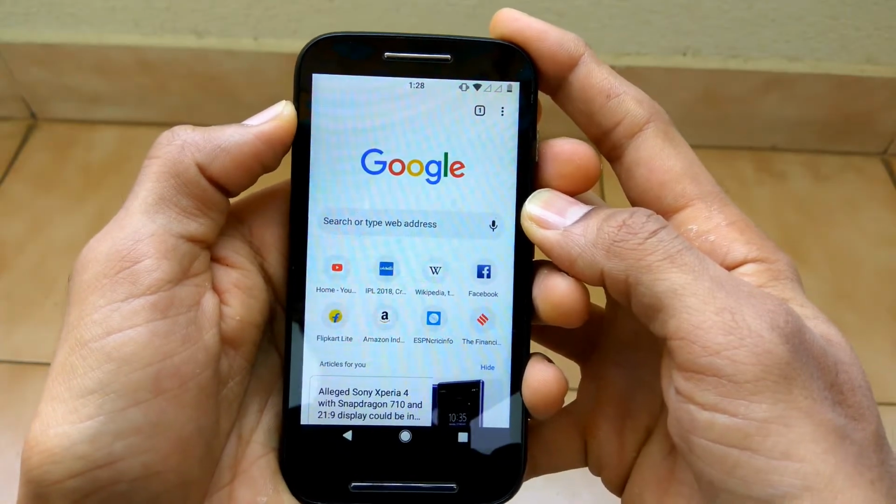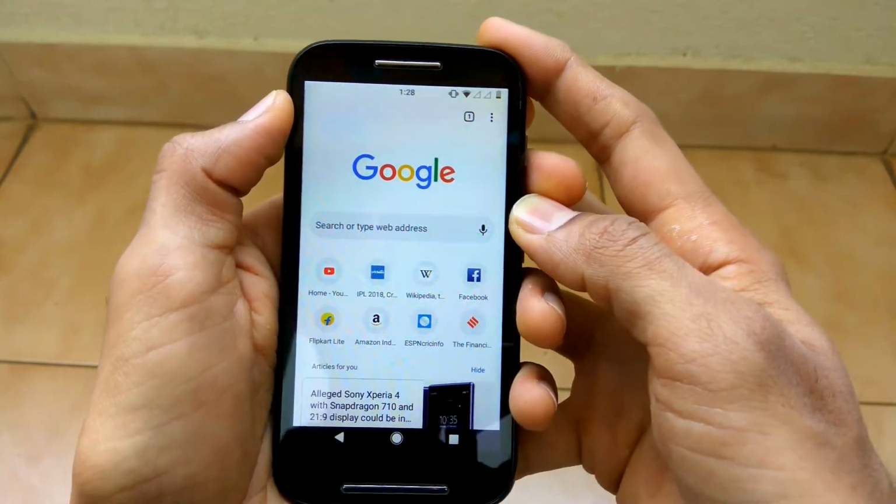And now in this video, I'll be telling you guys how you can turn on dark mode on the Google Chrome web browser. This is a very simple trick, but it is kind of tricky as well, and it is hidden under the settings of Google Chrome. Let's get started. In order to turn on dark mode on the Google Chrome web browser on your Android